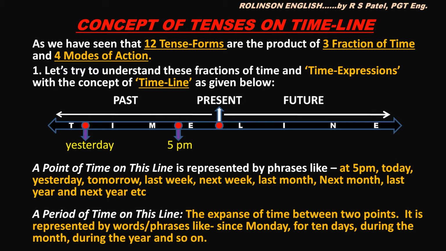Here is a line shown like the number line in mathematics. You know that the line has no endpoints. So this timeline also has no endpoints, as we don't know when time started moving in the past. Nobody knows. And we don't know how long it will move on in future. So this has no endpoint. Okay? Only a point shown by another arrow vertically on it, that is present.